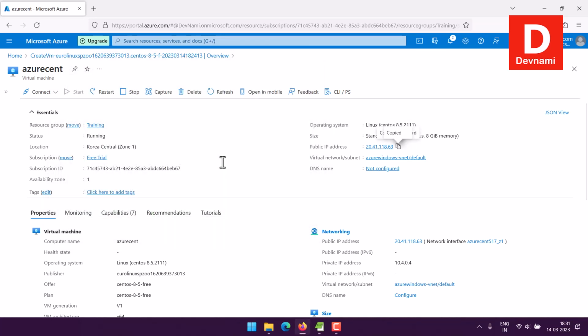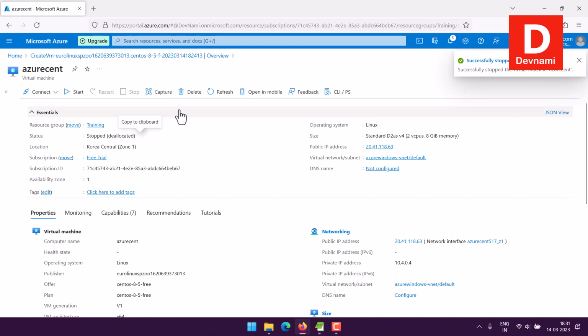Next, I will have to stop this, because I want to show you how to delete these resources and free up every possible option that you have with this machine. Otherwise you will be charged for these resources. So going further, we will click on delete once it says that your machine is stopped. Here the status will be stopped, deallocated. So we click on delete